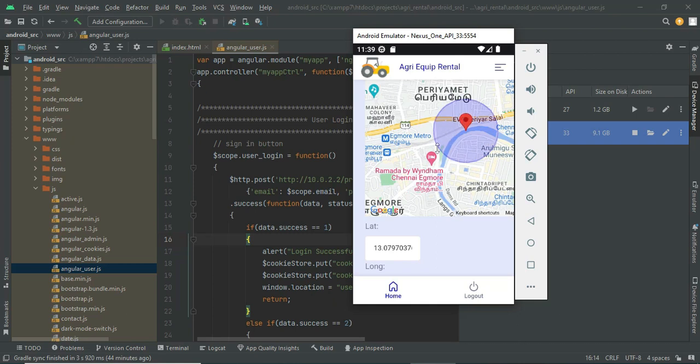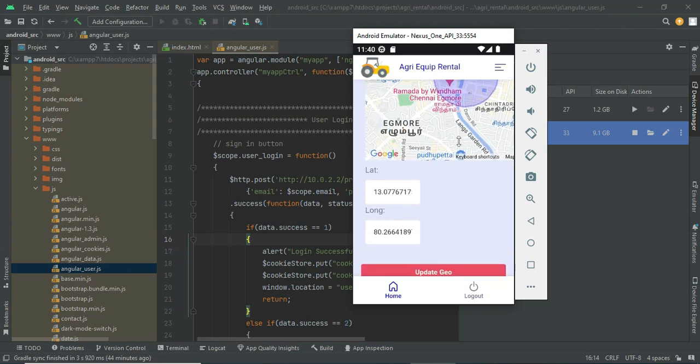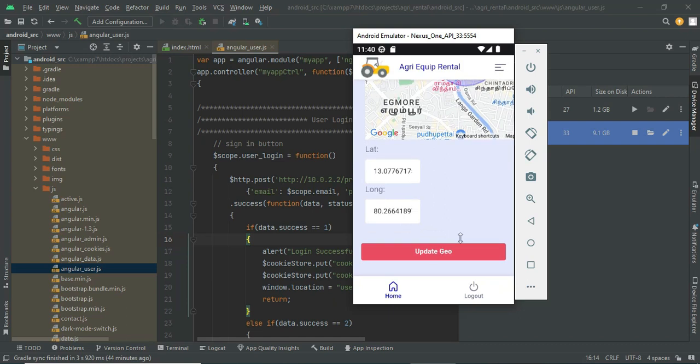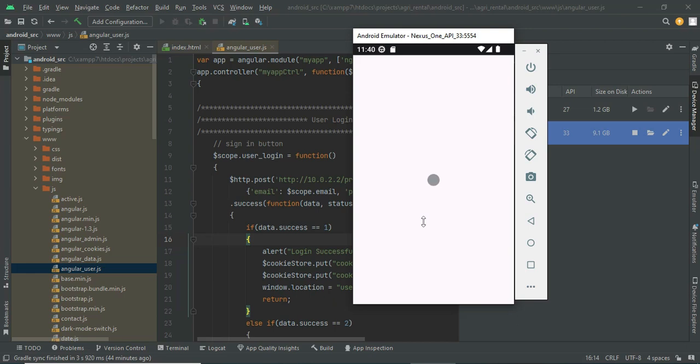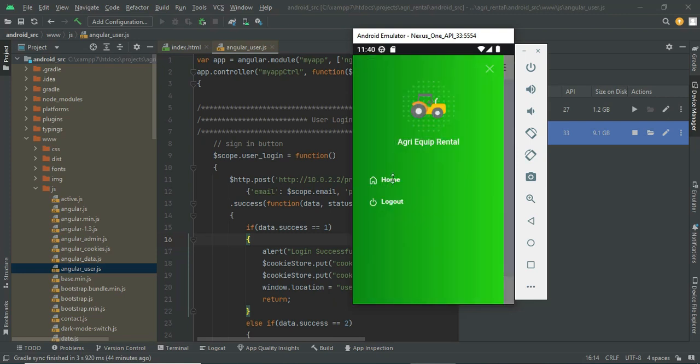I'm just keeping it near Chennai Egmore. Update the geolocation over here and click update geo. Automatically it will take the latitude and longitude from the current location. So this is the first module, and the second module is